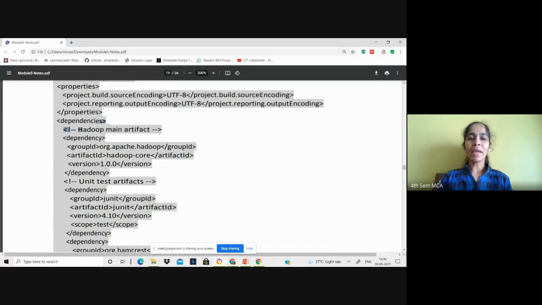Now, the Hadoop main artifact. What is the main artifact you are adding as dependencies? What you're doing in this XML file is you're adding the main Hadoop book, you're adding the main Hadoop artifact for MapReduce job, and you're adding all the Hadoop main artifacts also. These main artifacts are the dependencies. Dependencies means the various properties that are required in order to execute a MapReduce job within your Maven environment. Okay, all these dependencies are being connected.